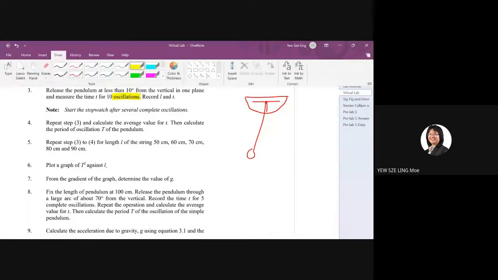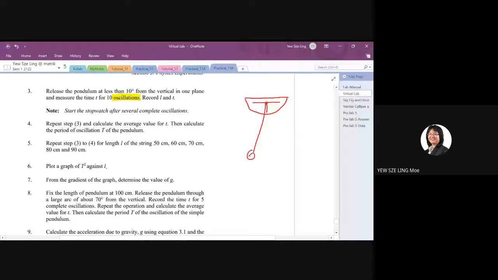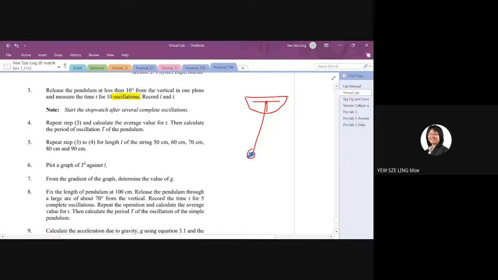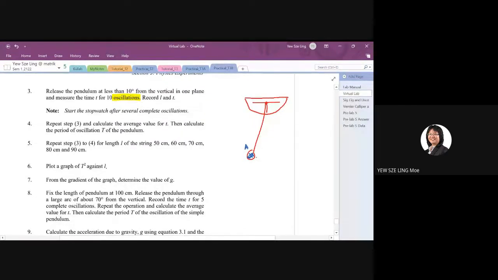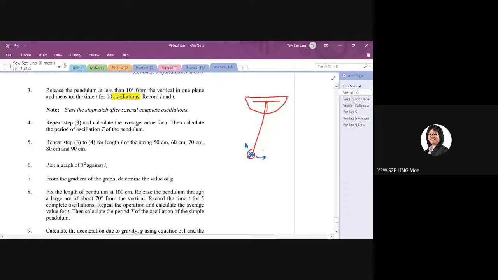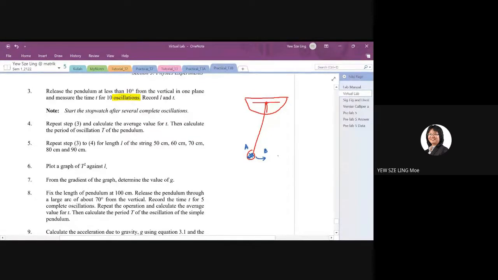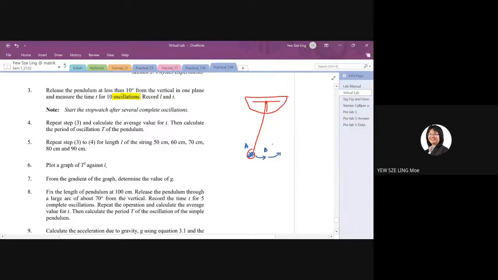Let's say you release the pendulum bob here, at this position, which I'm going to call position A. After you release it, it will swing back to its original position, which I'm going to call position B. Then it goes to 10 degrees in the other direction, on the opposite side. I'm going to call it position C. When it reaches position C, which is the highest point that it can reach, it